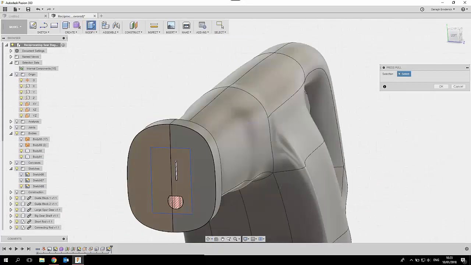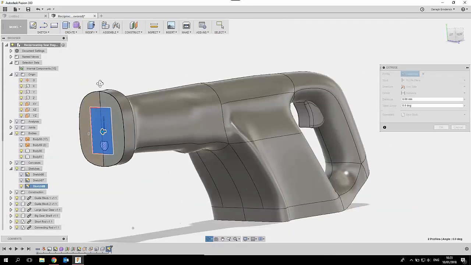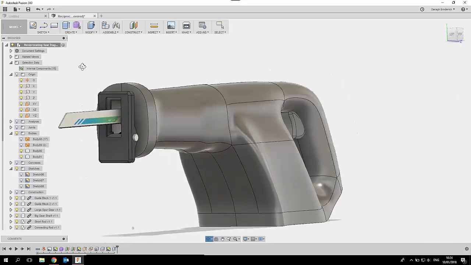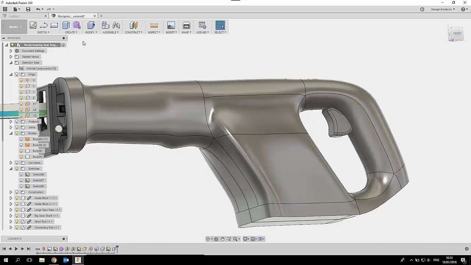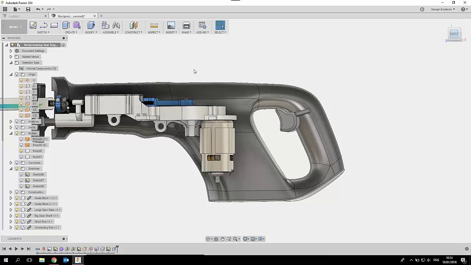So the press pull command is unique to Fusion. So I can select these two faces and I can just drag in. So Fusion knows that I'm dragging in towards the saw that I want to cut away that material. So I'm just going to cut. I can leave it as B, and we've got the cutout for the front of our saw to move back and forth. I can turn off one of these bodies,